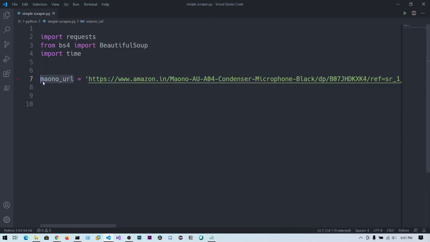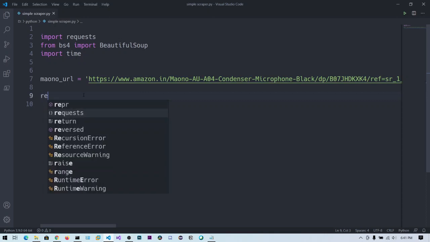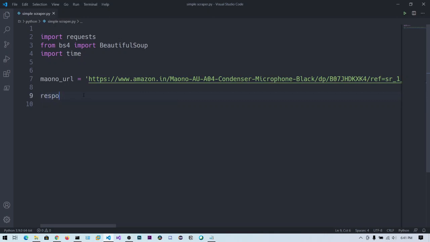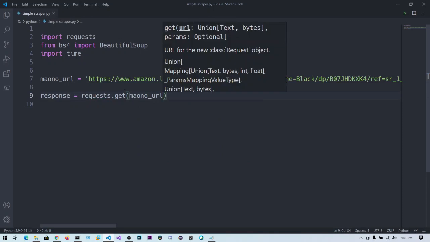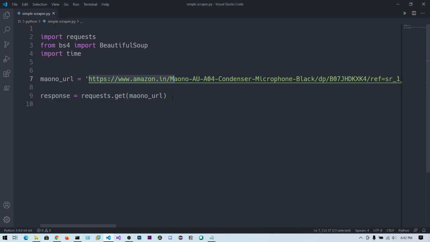This mano_url variable holds the URL of this mic from Amazon.in, and let's say response equals requests.get. We need to use the get request. So we are getting the web page of this URL and storing it in the response variable.